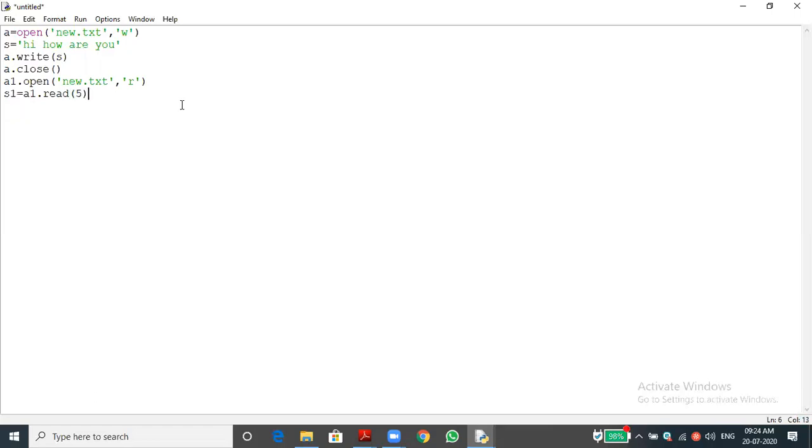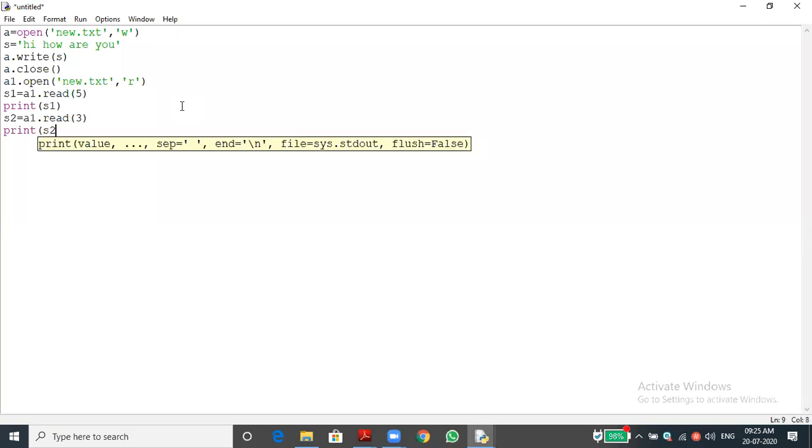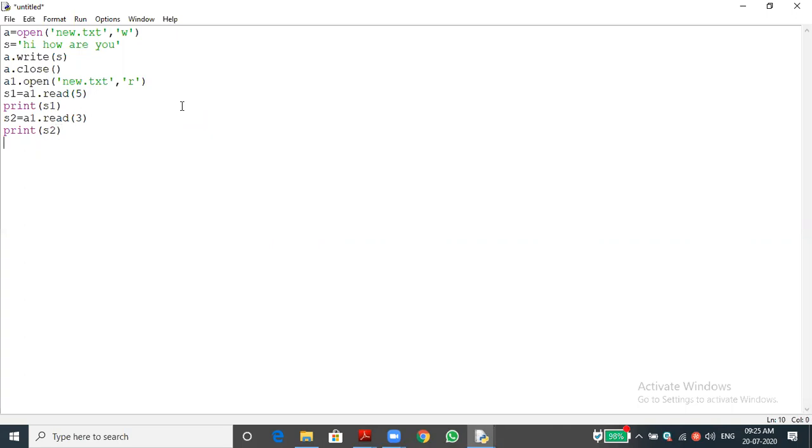I want to read only 5 characters, and then print s1. Next, s2 equal to a1 dot read of 3, asking to read 3 characters, and print s2. I am explaining this program in order to understand the pointers. Then I close the file with a1 dot close.